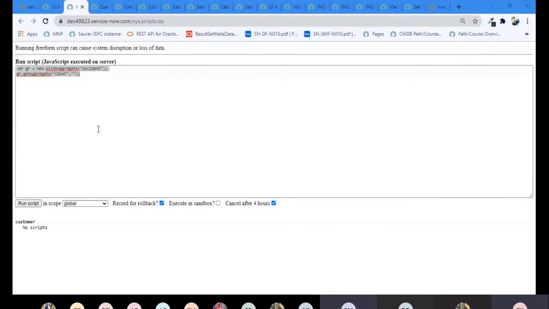Now variable incidents equals 0. If you want to keep it, you can just do it in this way, without initializing. Now you are doing count.next. Count is your glide aggregate object and it will return your result set, and that you can get using getValue, not getAggregate. Why not getAggregate?